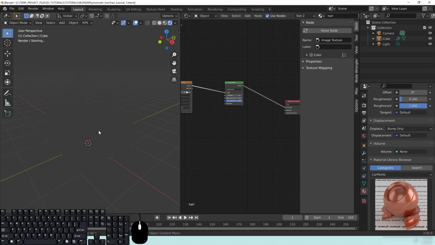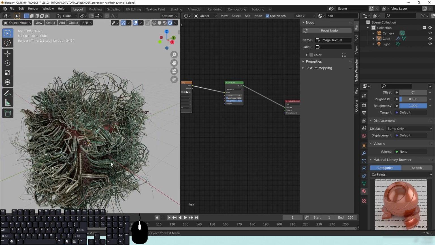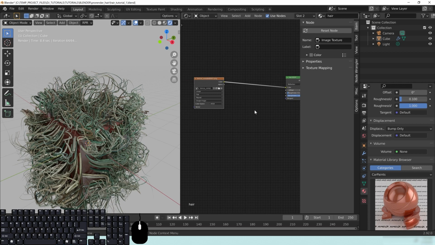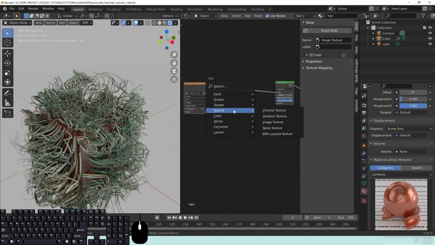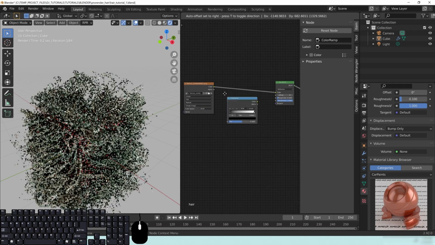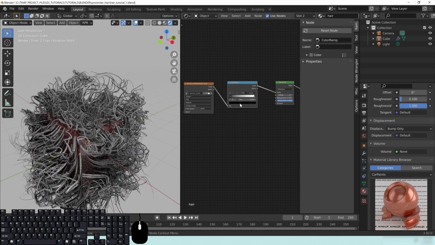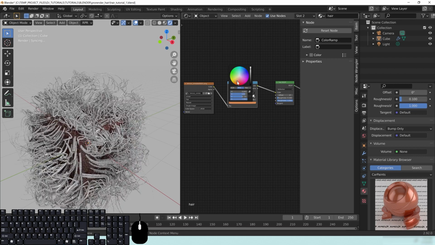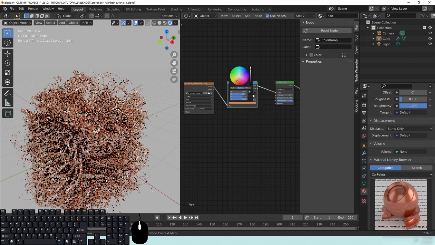And if we look at this through the rendered view, you can see that now we have a variance in the coloring going on with all the strands. And what's really great is you can actually take this and you can throw this through a color ramp like this, and you can have it black and white, or you can change this to a color. So if we go to a dark brown here,